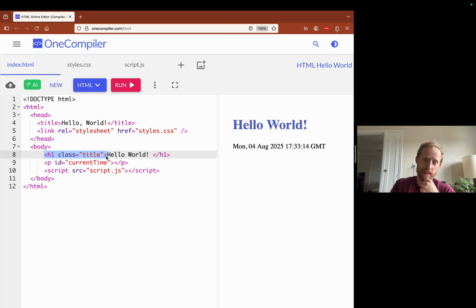That is the forward slash. Exactly. Very good. So the closing tag says I'm a closing tag because you've got this slash here. So this is a closing tag for an H1, and this is an opening tag for an H1. That's how you know which one's which.